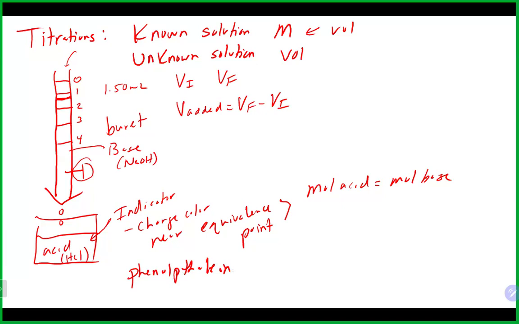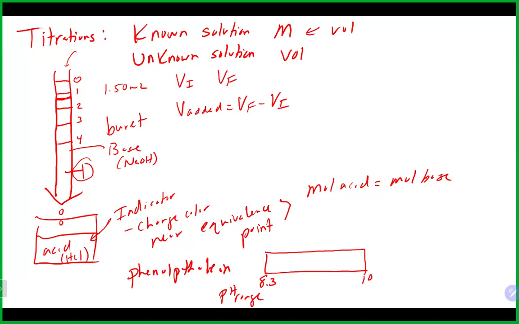Phenolphthalein is an acid-base indicator, and it changes color. And acid-base indicators always work over a specific pH range. So for example, phenolphthalein works from a pH of 8.3 to a pH of about 10. And if you're not sure, below 7 on the pH scale is acidic, 7 is neutral, and above 7 is